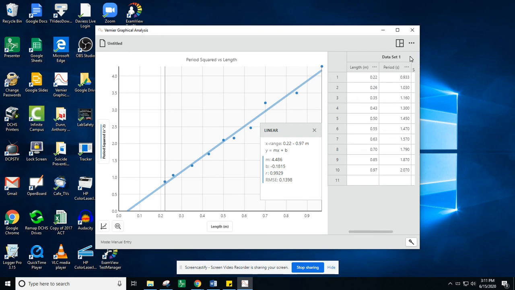You probably don't want to click on the 3 dots for extra data set. I can't ever get rid of those once they're in there. But hopefully this gives you a head up on this lab. The next video I'm going to show you will be how to write this lab up. Okay, so let me stop sharing and